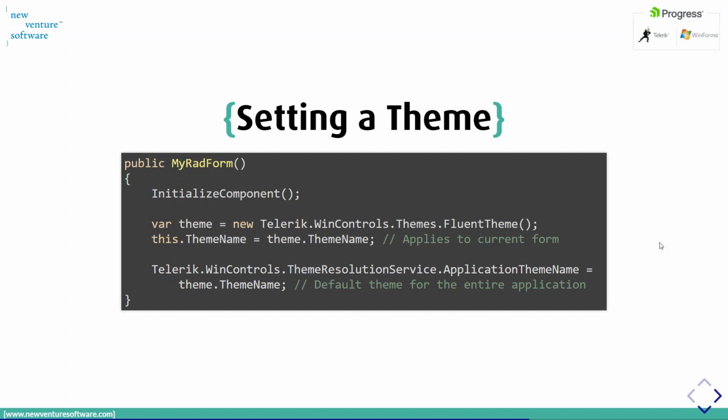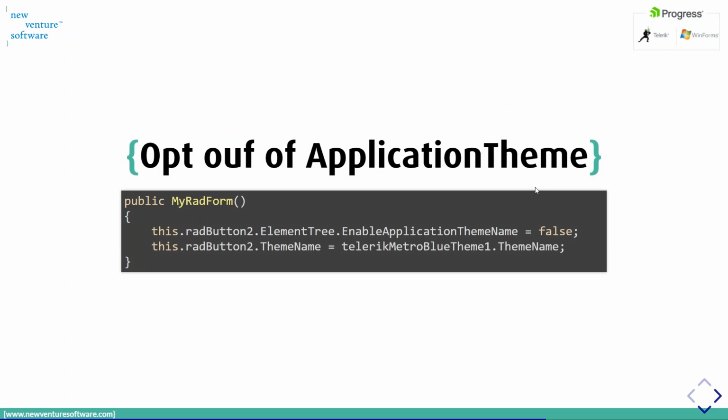One thing that's important is that all your controls will use the specified theme, which has precedence over the theme set locally to the control using the ThemeName property. That can actually be a bit misleading at the start, but the ApplicationThemeName takes precedence over the ThemeName. And you can actually opt out of that application theme. The way you do that is you just set the property EnableApplicationThemeName equals false, and you set that on the element tree. And with that, you just opt out of that application theme. All right,